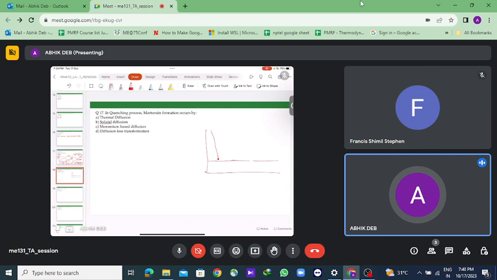Now coming to the next question, the final product in austempering is what? We have already discussed this. What is the final product in austempering? Yeah, so the final product in austempering is bainite. Before that, let me give you an overview of the austempering and martempering process so that it becomes clear. So what happens in austempering is,